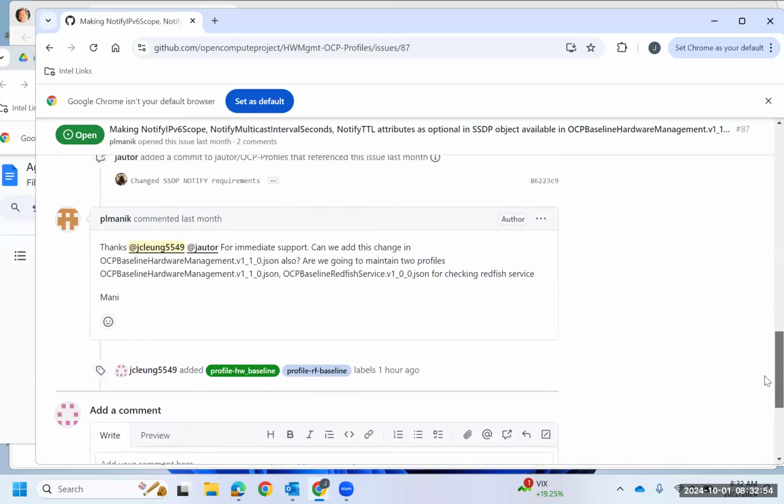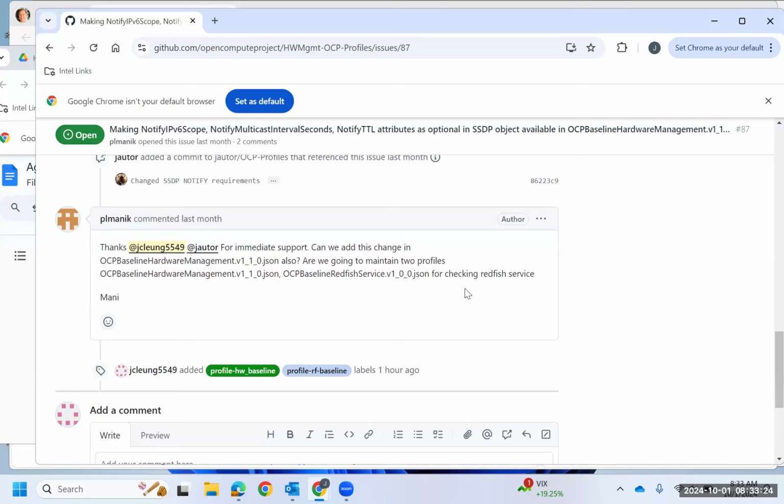What was that last comment? Can we have this change be in profiles? Yeah, I assume baseline hardware management 1.1 is not in the root of the directory. Correct. Okay, so we can still make changes there. Yeah, and that's the one I want run in the